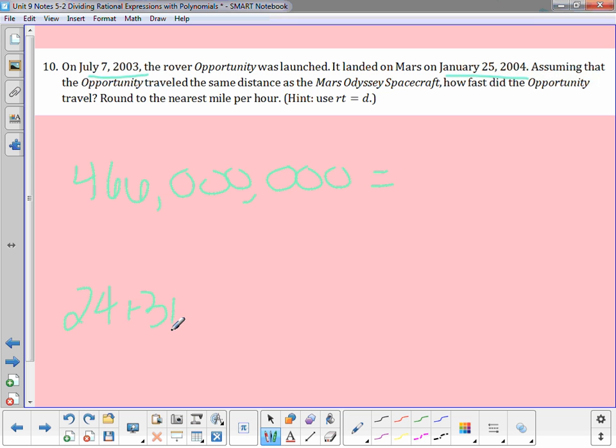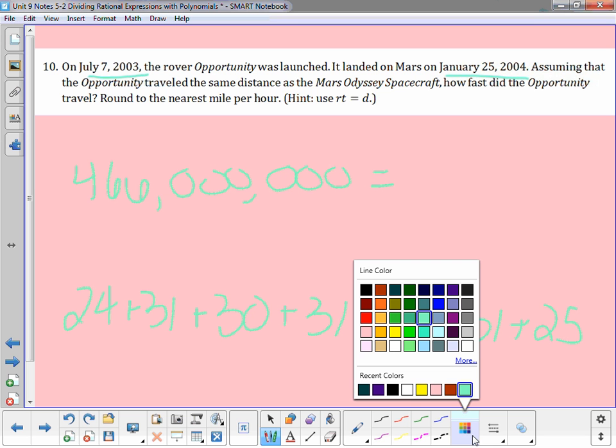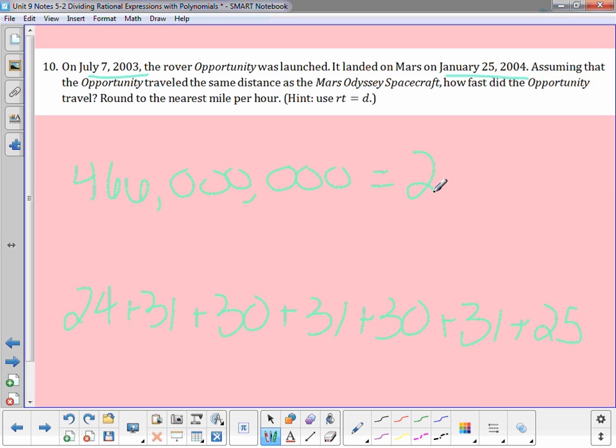Then there's 31 days in August, 30 days in September, and then 31 days in October, 30 in November, 31 in December, and 25 in January. So you can add up all of those days to see how many days it took. When you add that, you end up getting 201. So then you get that this is equal to 201 times the rate. I want you to go ahead and solve that for r for me. Once you're done, go ahead and bring up your completed note sheet and I will give you the homework for the day. Thanks for